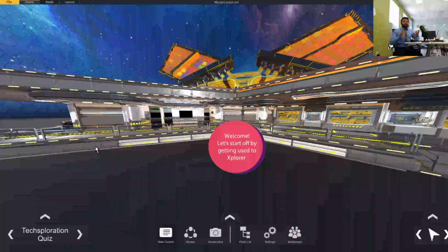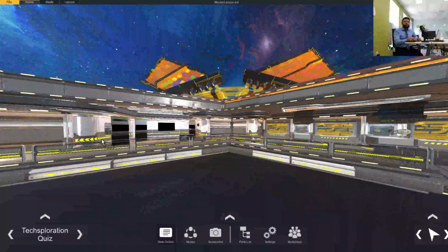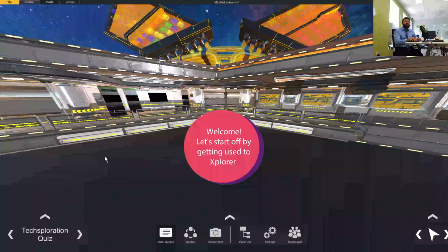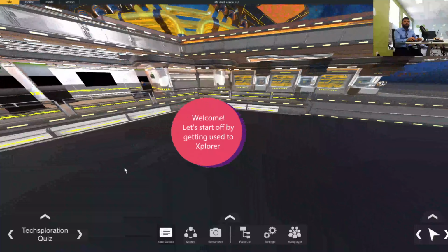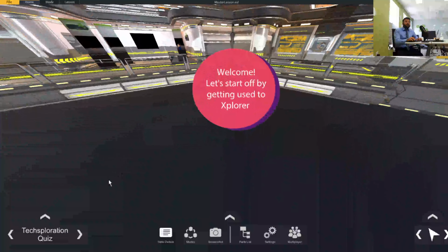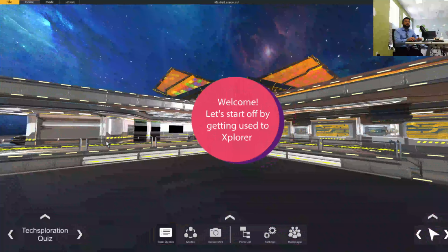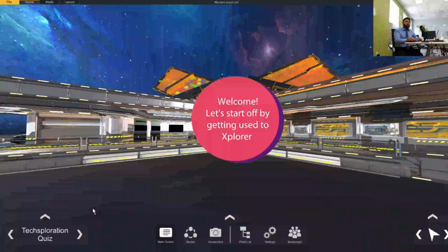It can be something as simple as a classroom, a hangar, an office, any virtual environment that you basically want. It's very open-ended, and that's one of the reasons we chose such an advanced looking environment, to show you that you have a lot of capabilities. So this is a guided virtual adventure, which is the theme of our event here at ILRN. To get started, we will go through a little bit about the user